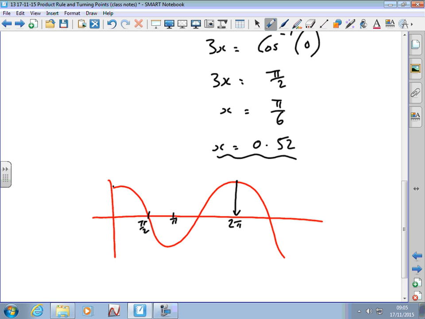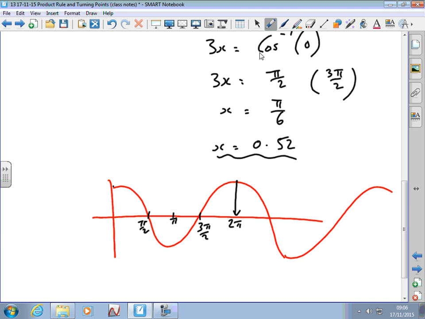But the next one occurs at this point. And so what's that point? Three pi over 2, isn't it? So there's another point at which the cosine is 0 at that point there, so at 3 pi over 2. So I could have taken this as well, 3 pi over 2. I've added pi, effectively. And if I carry on with my curve,